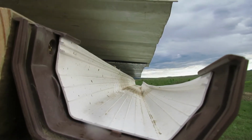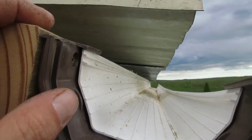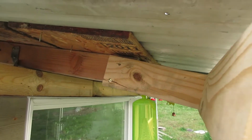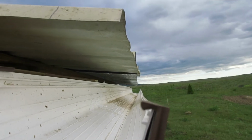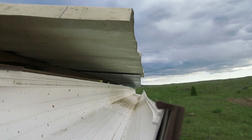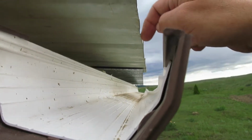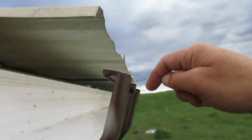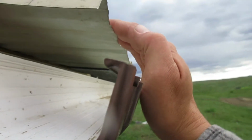Alright, so there's the gutter. You are looking at it correctly. It is angled like that just because of how it needs to be hooked up on the roof there. I'm hoping that it'll catch everything. The goal here is to try to collect the water, but have the snow, as it melts, go out and around. So I'm hoping that that'll be